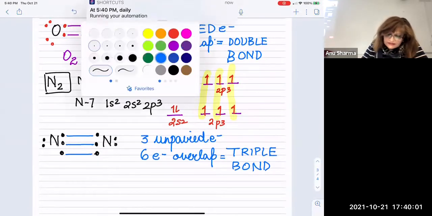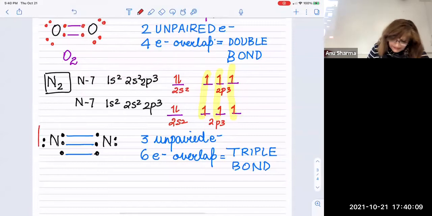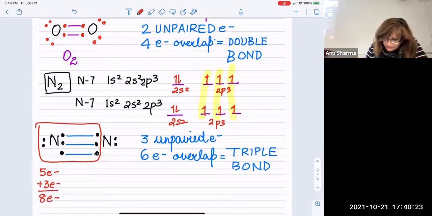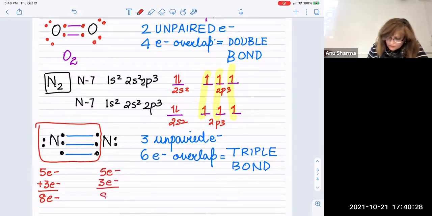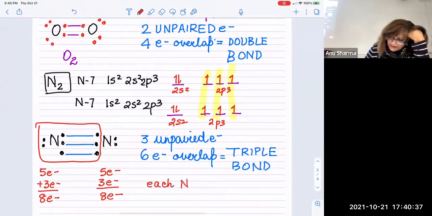So here is the scenario where 6 electrons are overlapping. In other words, if you look at it, this nitrogen gets to keep the 3 electrons for it. It already had 5 electrons in its last shell, plus it gets to keep 3 more. So it becomes 8 electrons. The other one also had 5 electrons in the last shell, and it has 3 more electrons. So it gets to share, basically sharing. Sharing is just overlapping. So 8. So each nitrogen has its octet met,